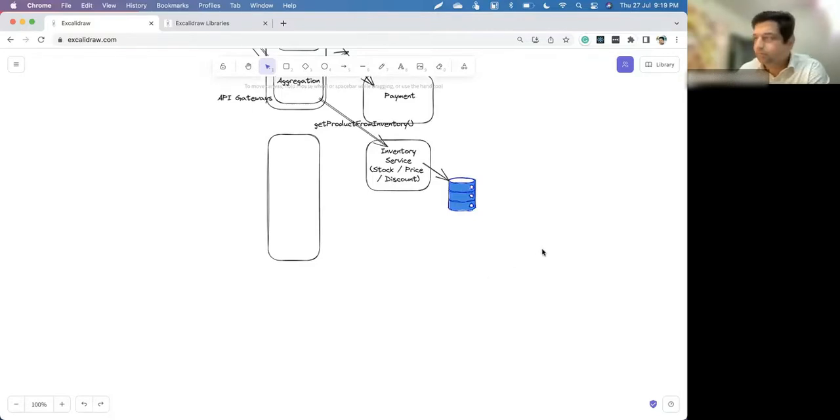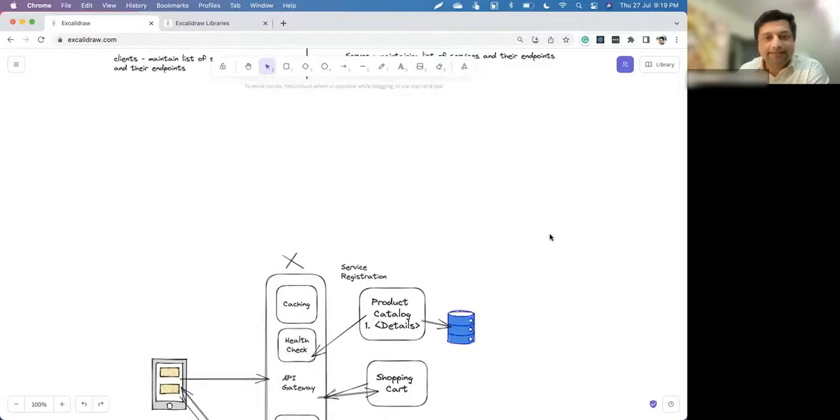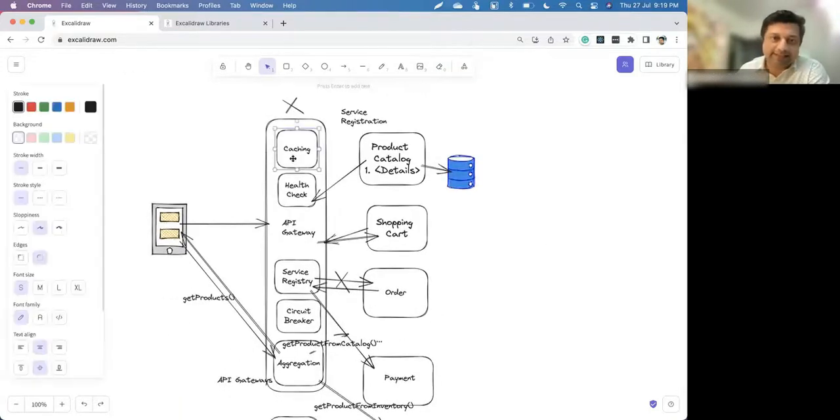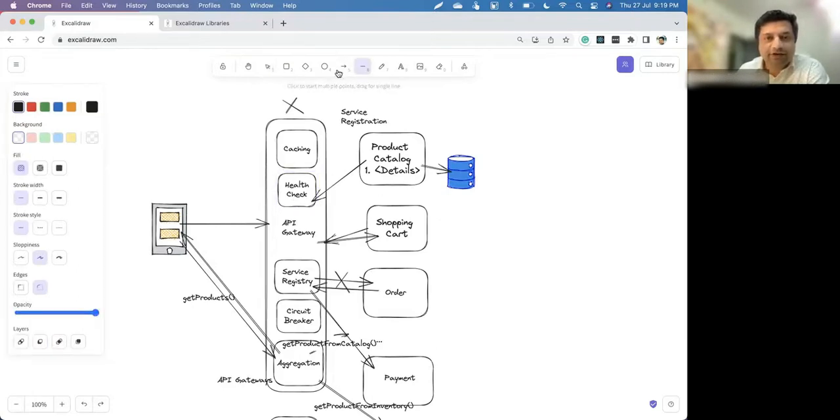So hope now all these patterns are clear, right? Caching is clear, how it could be done in API gateway. Health check, why it is important. This is another thing. Health check, because health check you need to do. Say, for example, when you're doing health